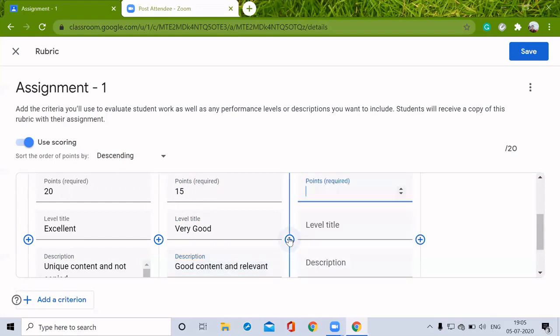And for the third level for this criterion, I'm just giving the mark 5. Here I'm just going to give good. For this description, I have to say something relevant to this good. Can present even better.